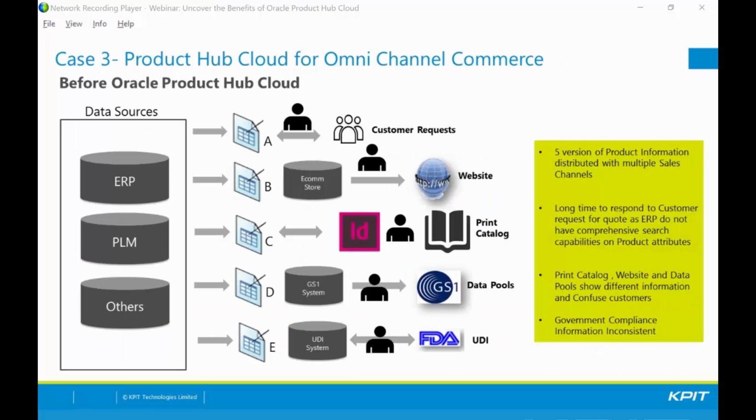The third use case which we have seen is the situation when Product Hub Cloud is not there, there are multiple sources of product data. The ERP system maintains the supply chain information of an item, the PLM the engineering information, and then there are others which maintain the packaging information, some maintain the pricing information, some others the descriptions, et cetera. Now, if you look, before Product Hub, there are 5 different versions of product data created in this